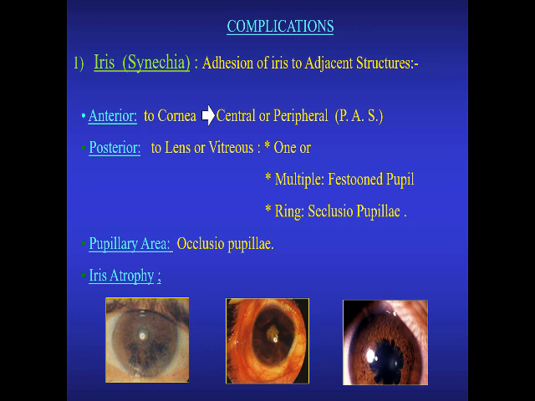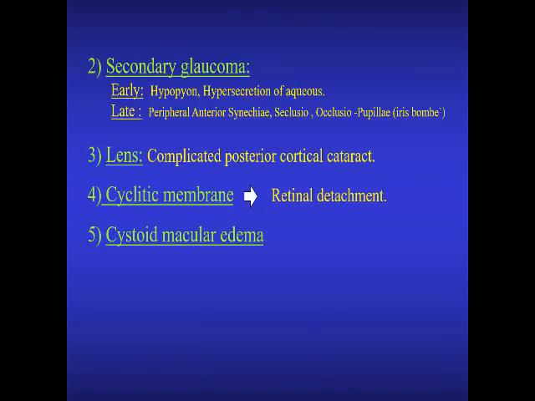In the pupillary area, there may be a membrane occluding the pupillary area, leading to occlusio pupillae. Also, the iris may show patches of iris atrophy due to inflammation. Secondary glaucoma, and its mechanism at the early phase is the hypopyon and the hypersecretion of the aqueous, while at late phase it is due to peripheral anterior synechiae, seclusio, and occlusio pupillae, which may lead to what is called iris